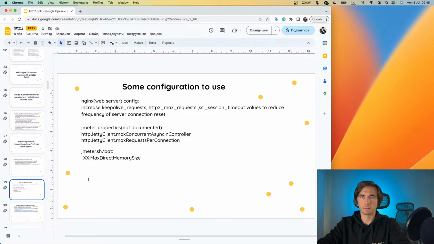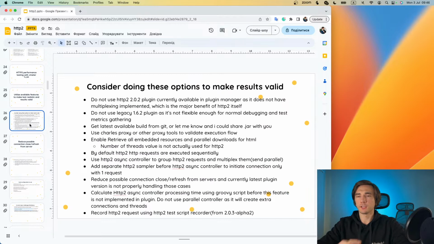And some extra configuration. So just a high level overview. Generally, long story short, all available plugin versions that are available right now in Plugin Manager, so the legacy one and the 2.02, you cannot actually use them to test HTTP2 normally, because this 2.02 version, so legacy version,